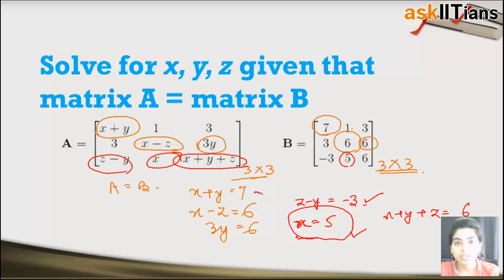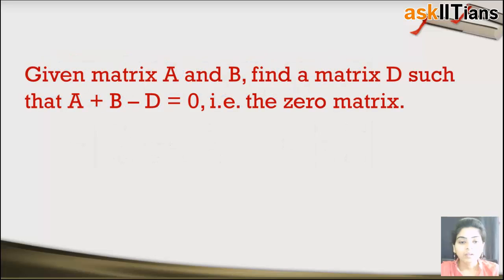Once I solve all these equations, this equation is also giving me the direct value of y. y is equal to 2. So using this, you can substitute in any of these equations to get the value of z. Quite simple, right? You can just write the values of x, y, z. Quite simple. Next,